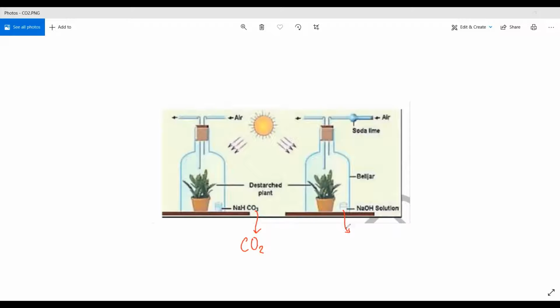Or sometimes we call it the soda lime. Now, the soda lime absorbs carbon dioxide. Whenever you find soda lime, sodium hydroxide, potassium hydroxide, sometimes they call it caustic soda, they absorb carbon dioxide. It means that any carbon dioxide produced by respiration of this plant is going to be absorbed by the sodium hydroxide, but this one will provide carbon dioxide. It means that this one is going to act like a control. We do not supply the plant with carbon dioxide, and we see what's the effect